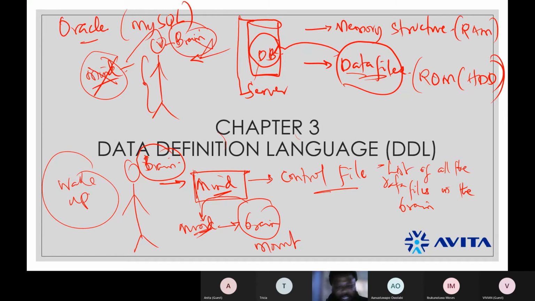But there's a process to it. If you wake up now, it also depends on how fast the mind is, right? Some people are very fast mind, some people are very slow mind, right? Some people boot for minutes when they wake up. Some people, like me, my brain is mounted instantly or very fast, right?